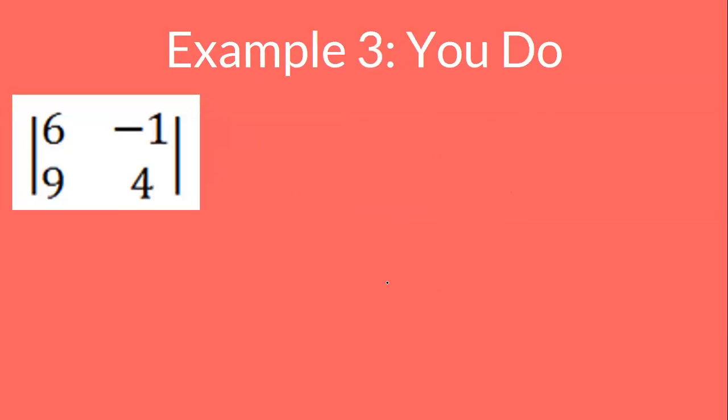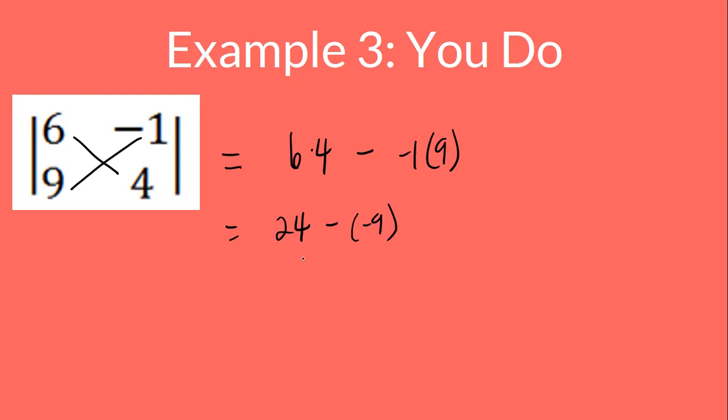All right. Let's try it again, just to make sure we're all still there. So notice how this one, instead of having the matrix brackets, it already has the determinant bars. So this is asking for the determinant. It's just full on shorthand. All right. So we cross multiply. We have 6 times 4 minus -1 times 9 gives us 24 minus -9. A negative times a negative is a positive. So we get